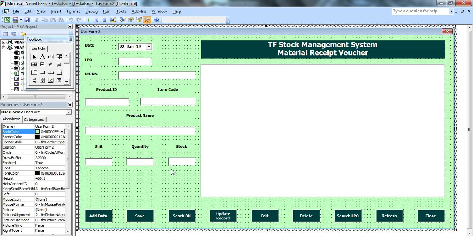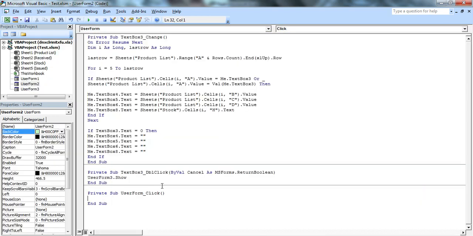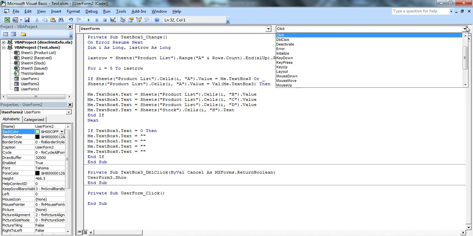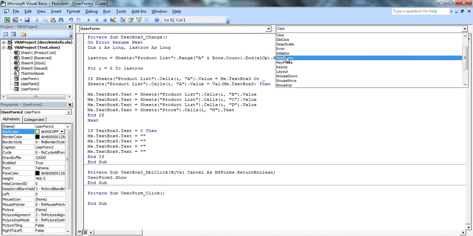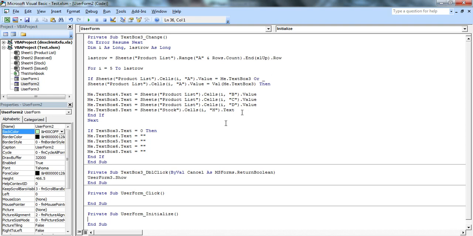For that, I will click here in the user form and double click there. This code page will open, but I will change the event here. Instead of the click event, I will select initialize, because I don't want it to happen when I click.